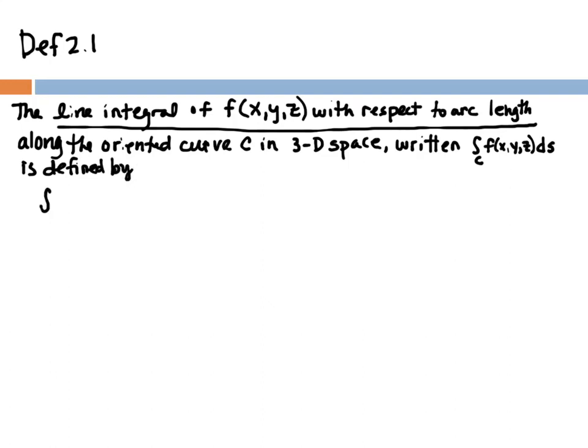So here's our integral that we just wrote above. This equals the limit as the size of the partition goes to 0 of the summation from i equals 1 to n of f of x_i, y_i, z_i,